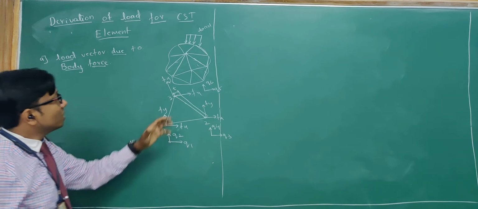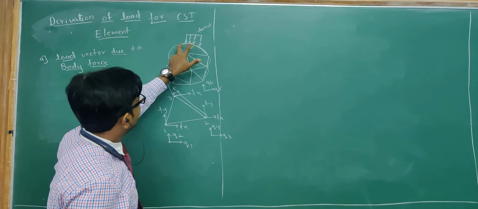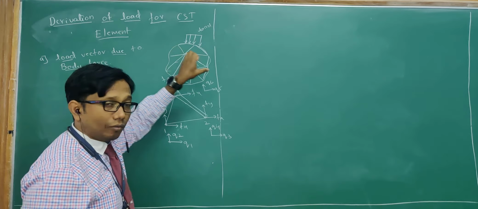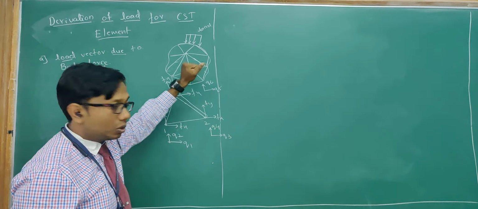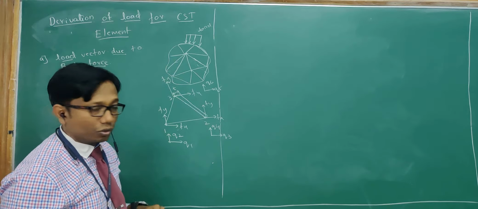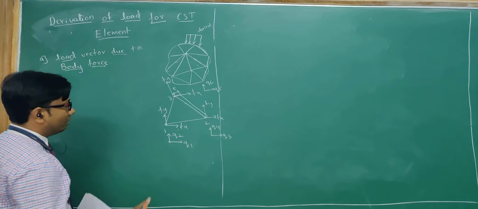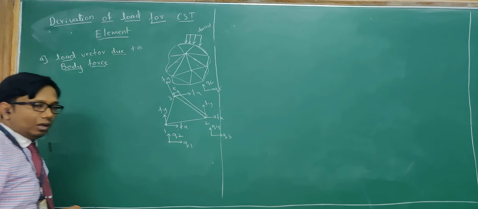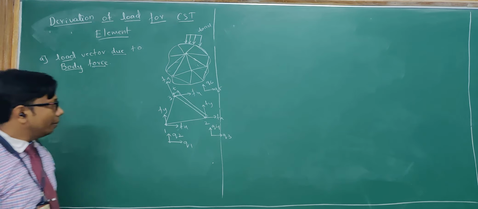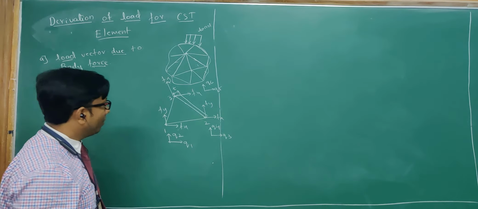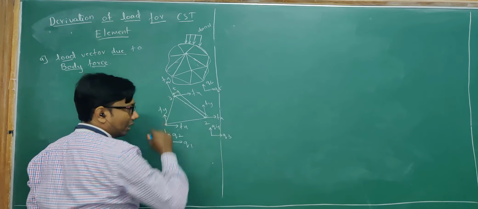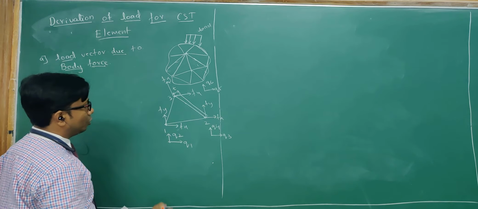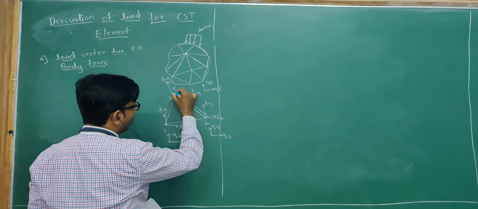So if this particular element has a body force or a traction force, I need to convert those into nodal forces. For this, we have taken a CST element here. I have already told you the triangular CST 2D element will have a very small thickness, so for the derivation I have assumed a small thickness of this element to be t.